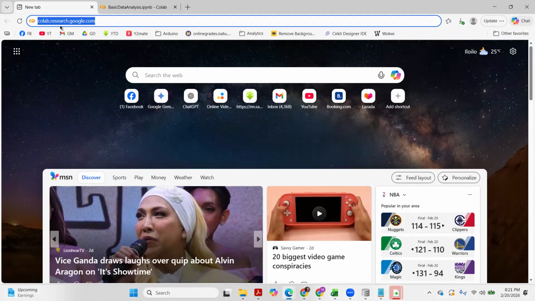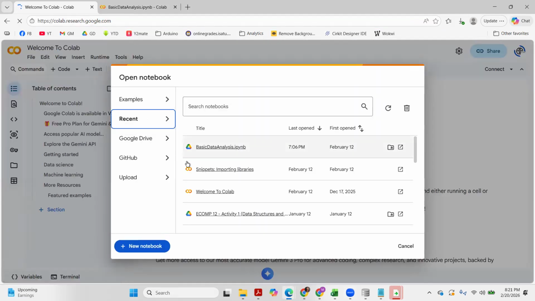Once you enter that, immediately you'll be asked to create a new notebook, or you can open an existing one. In your case, if you're doing it for the first time, you click new notebook, and when we do so, a new notebook will be created. Let's just wait for a while.